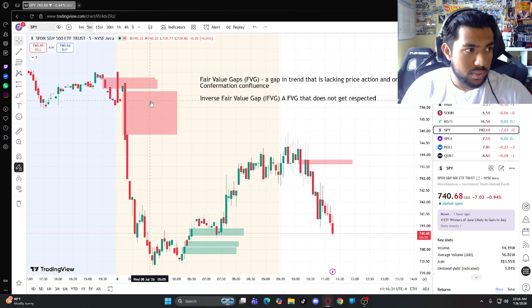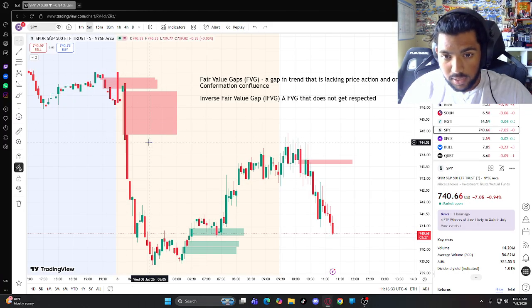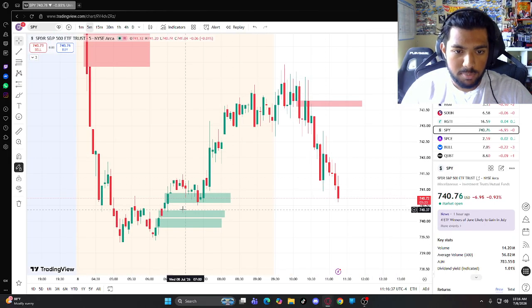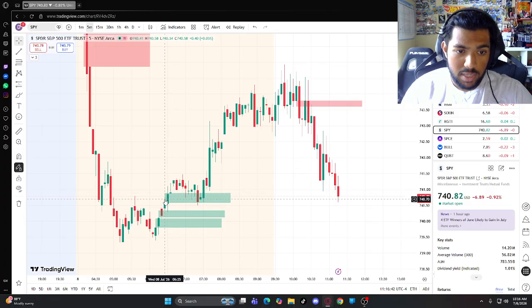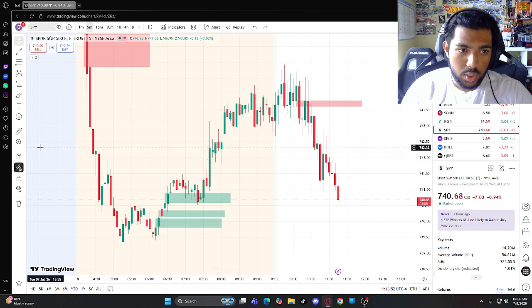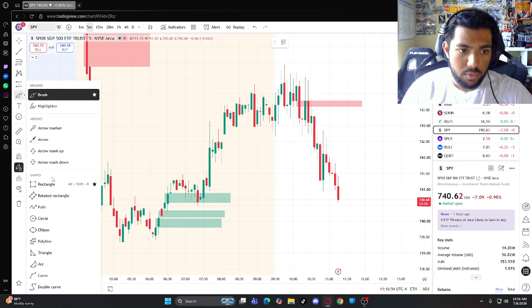These red ones represent a bearish fair value gap. These green ones represent bullish fair value gaps, and we can see some of them got respected. So you see here in this green fair value gap how price was making an uptrend, and then price came down to fill the gap. Price then came up, closed above the gap, then price also broke structure, came down, retraced into another fair value gap right here,